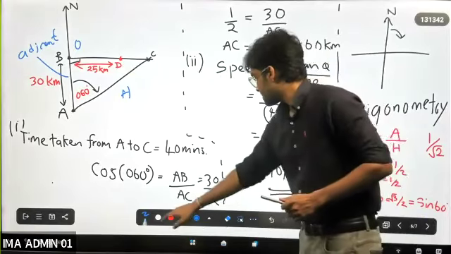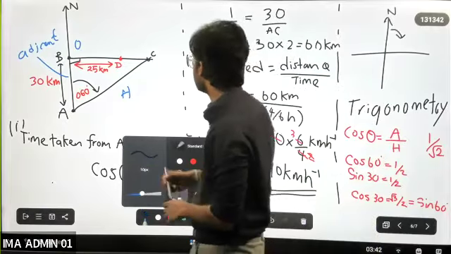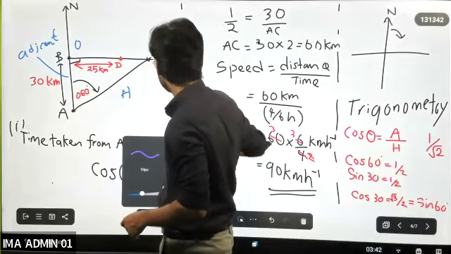Right? Find the bearing of A from D. So basically, the thing they are asking is